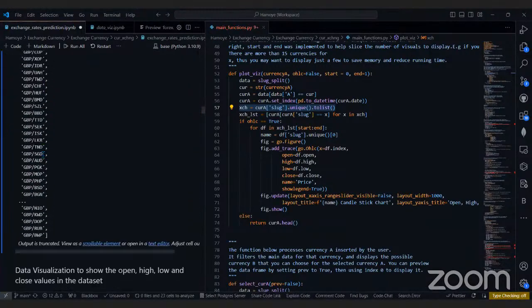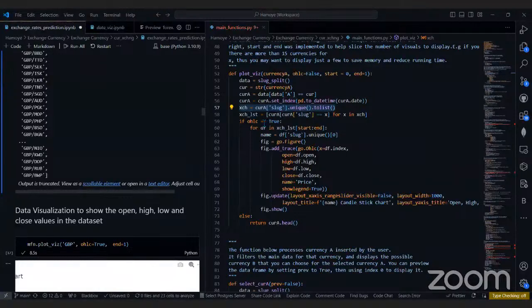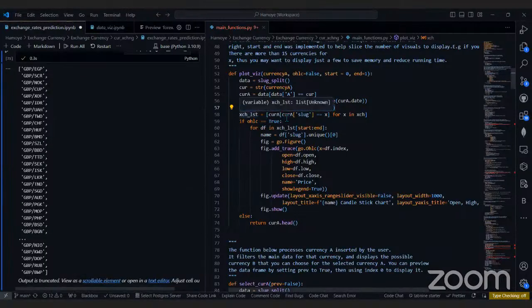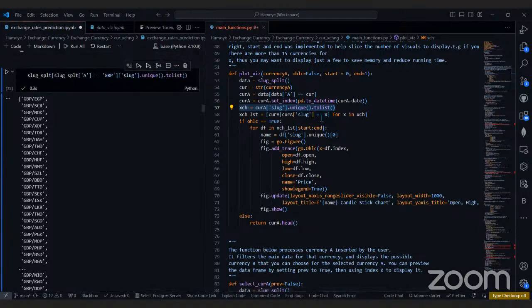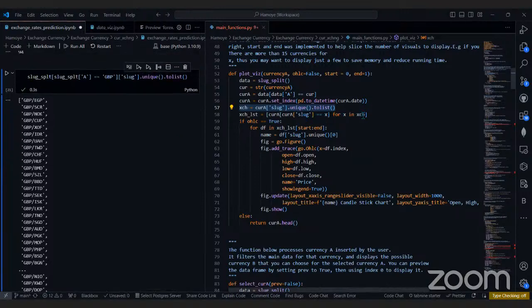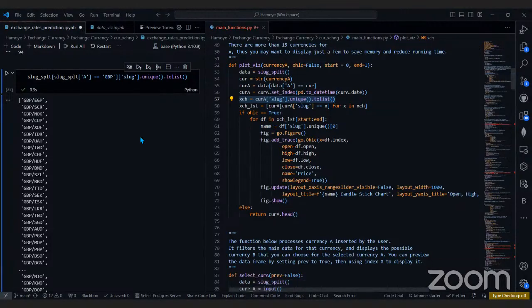So this is what it does. Then what it now does is, equals x for x in exchange. So for each of these exchanges, it returns it, it filters it actually. It filters it, right? Now, if this OHLC is true, it's going to go ahead and, okay,